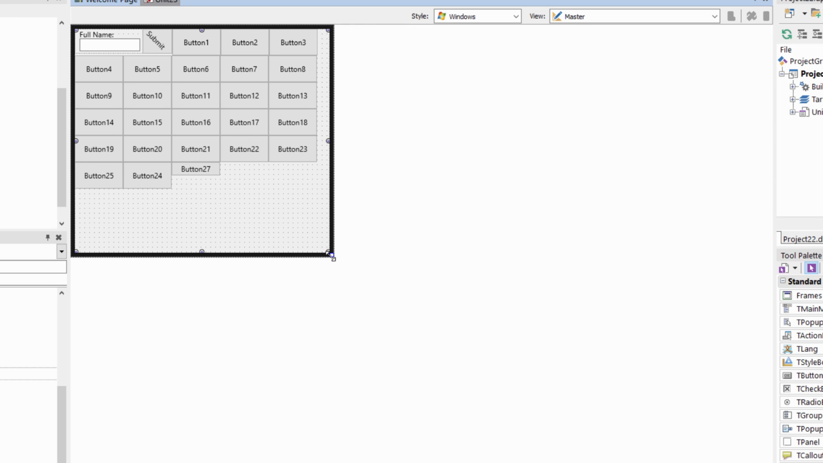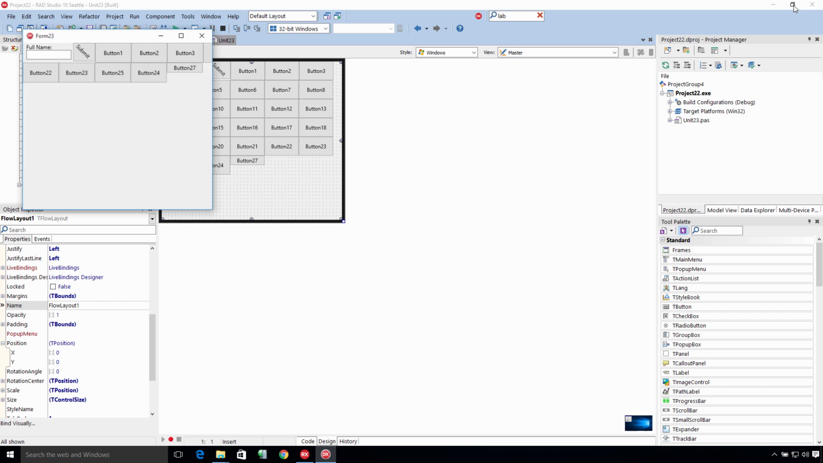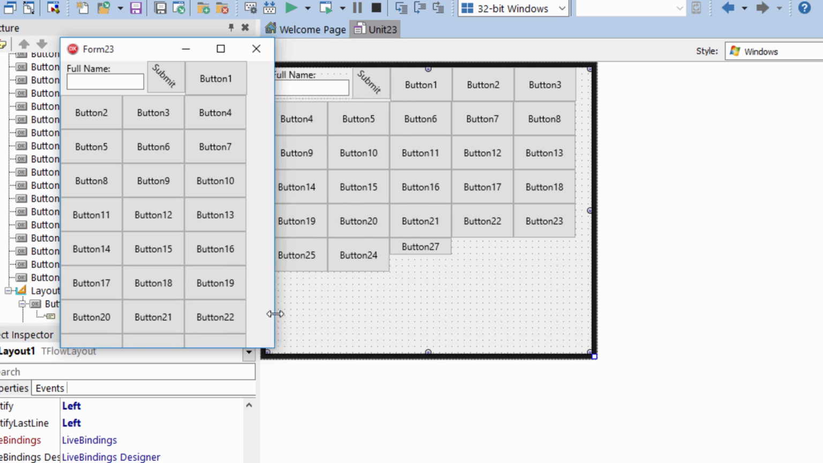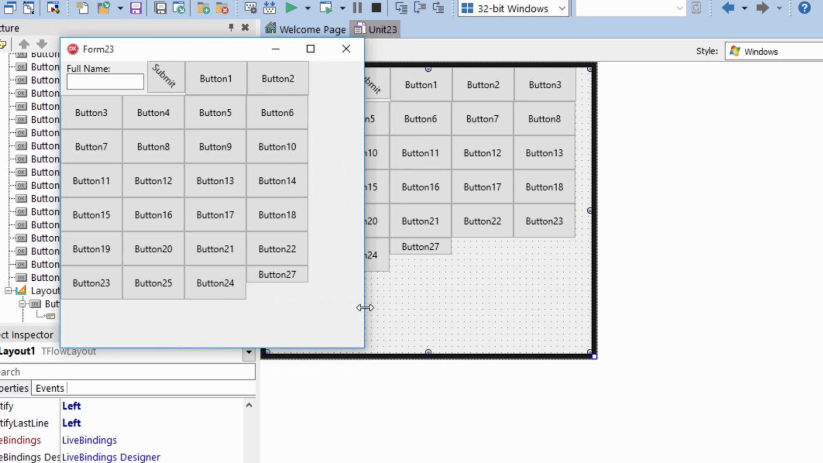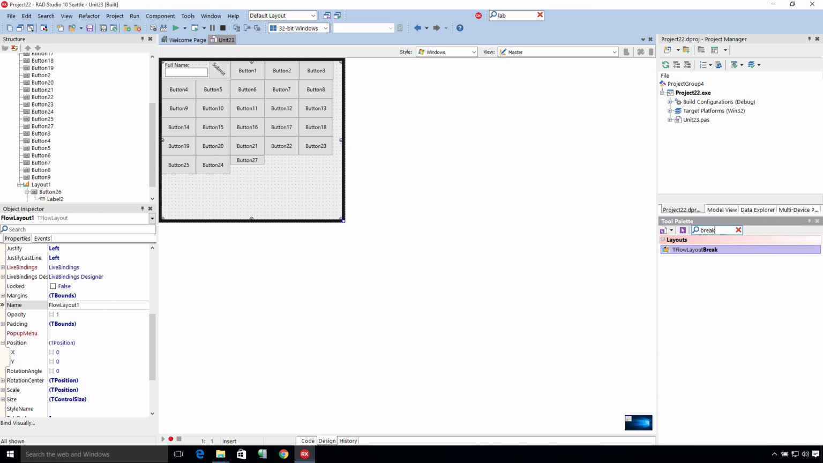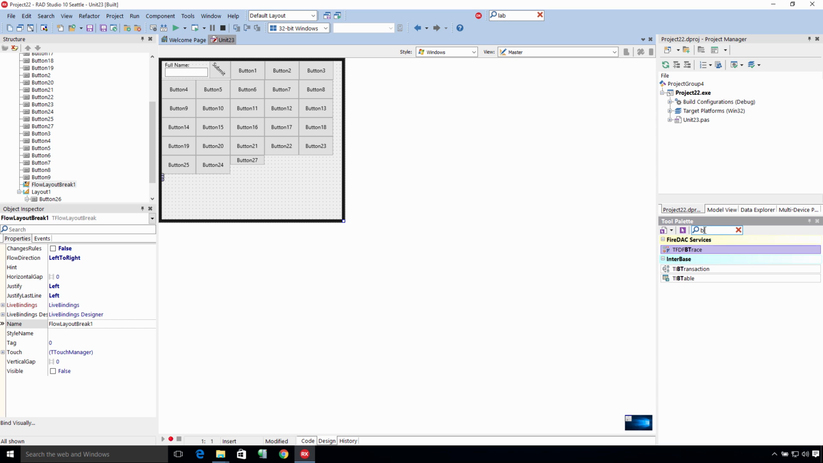So let me run this here. And if I maximize this, which is not very exciting, and then however I resize this, etc., it just flows those all out. Now, also we mentioned that you have the flow break. So it added the flow break right here. Now, if I want to put some more buttons on here,